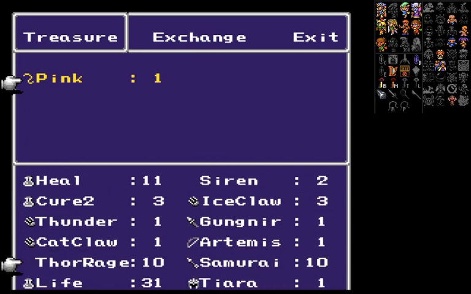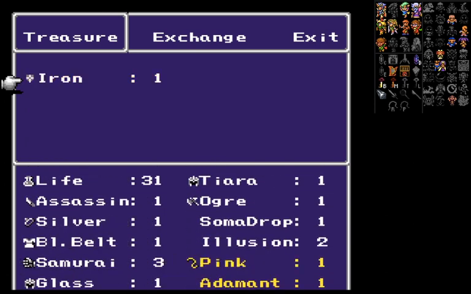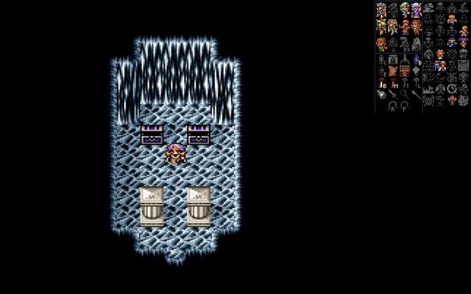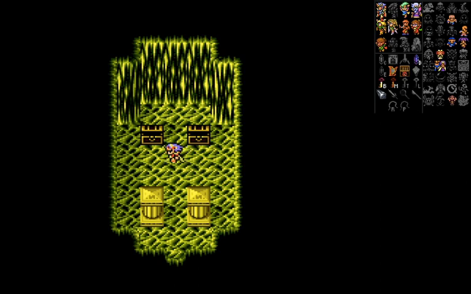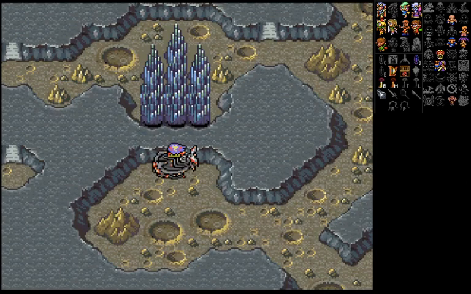Okay, there's Go Mode. And an Adamant Armor, if I had a hook. Let's toss out my Iron Gear. Do I want the Foo now? I don't know. I honestly don't think I do. I think this is my final party. I think I just...